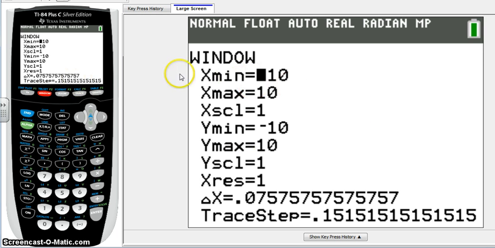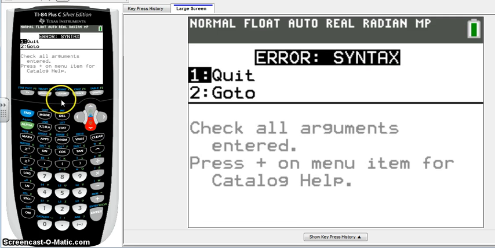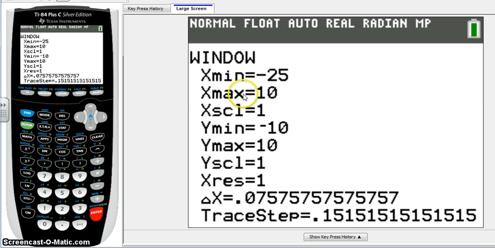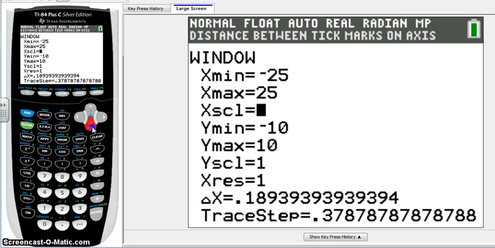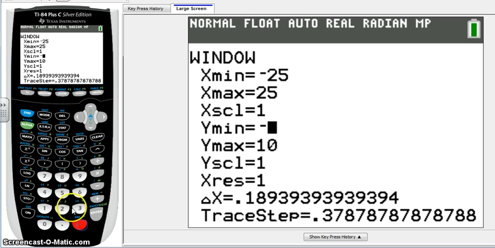And so if we wanted to, we could increase our window size by, let's go ahead and change it maybe to -25. And whoops, what did I do wrong? There's my syntax error. Let's go ahead and go to our error and fix it. I entered in the subtraction sign instead of the negative, so let's fix that. We've got -25, and there we go, and then +25. And then in our y-min, we can change it to -25